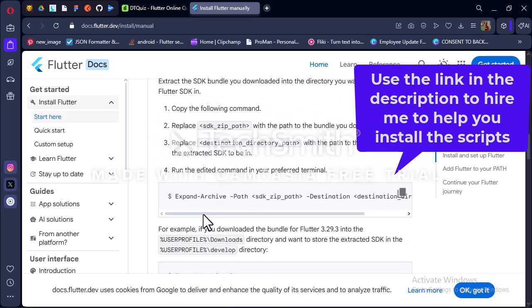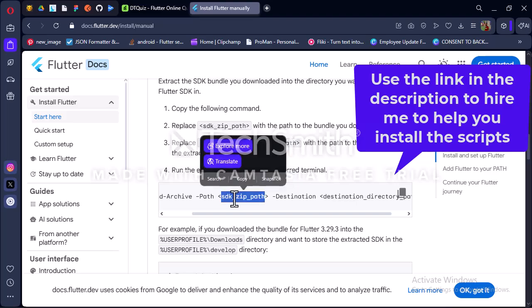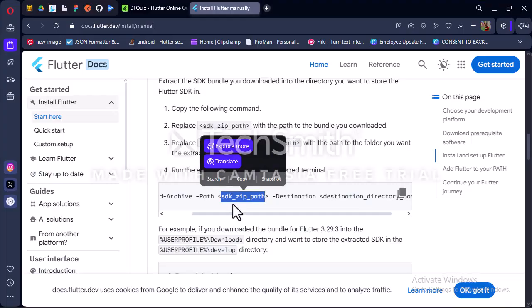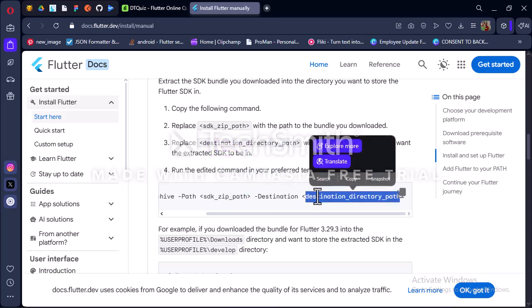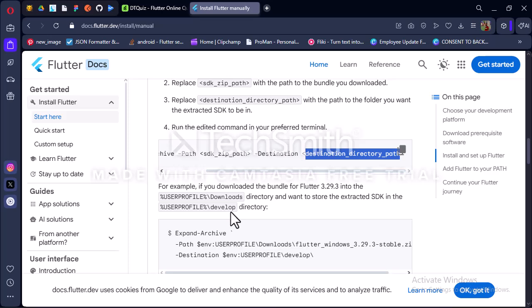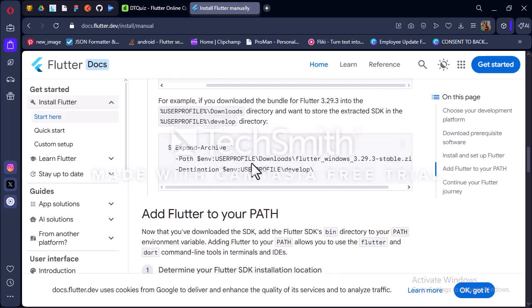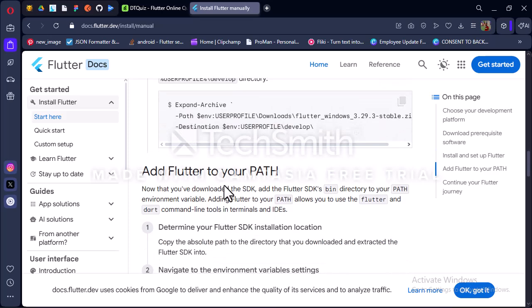You can go ahead to copy this command where you have to replace this with your current SDK zip path, and then to where the destination of your SDK where you want it to be should be. Alright, so that is going to do that trick, and after that you want to go ahead to add Flutter